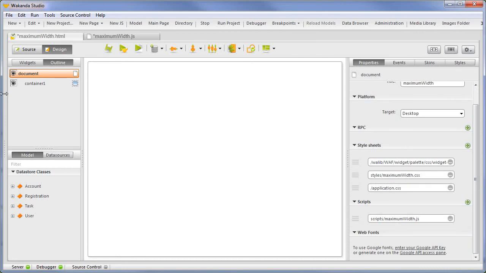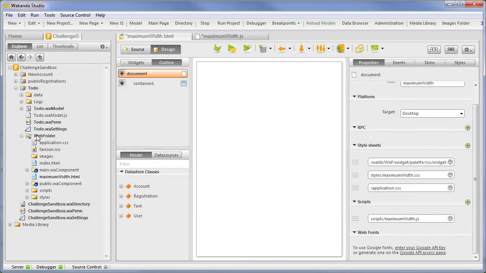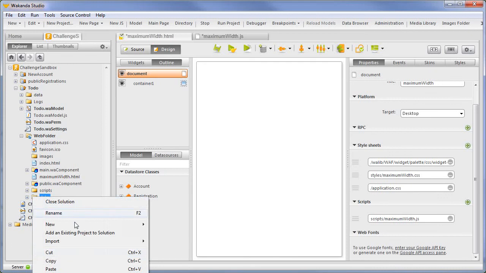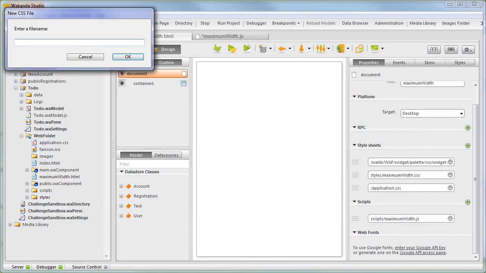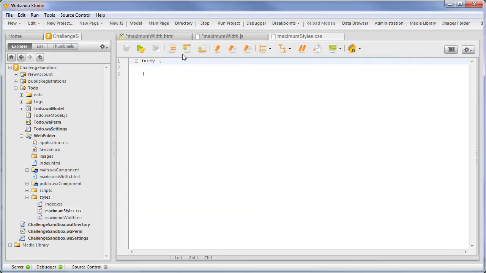Before we do that, we're going to make a style sheet. So let's put it in styles here, new CSS file, maximum styles, for lack of a better name. So in maximum styles,